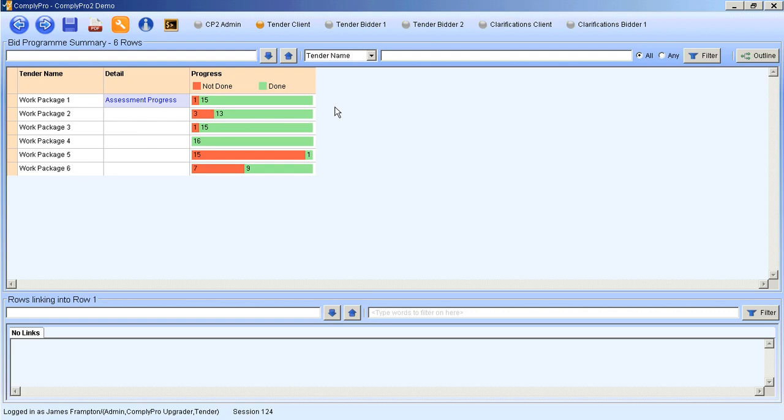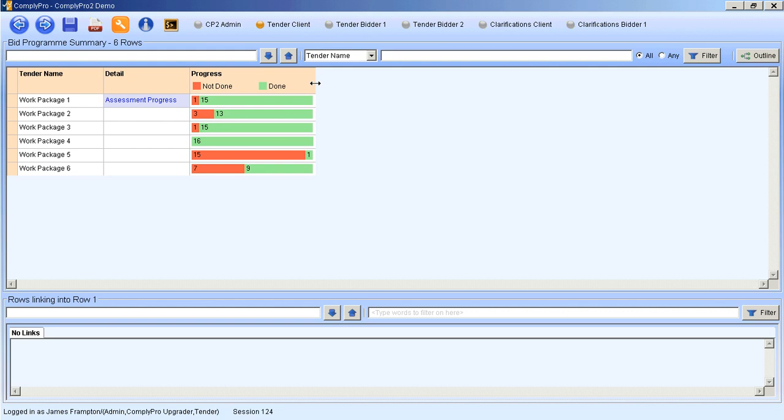So essentially that's it for the ComplyPro tender assessment. Now, lastly, do bear in mind that what I've shown you isn't necessarily how you have to do your tender assessment if you use ComplyPro for this purpose. You can structure and change and modify everything that you've seen to match your set of processes if and as relevant. For example, we've got a simple setup for the purpose of this demonstration with a simple 1 to 3